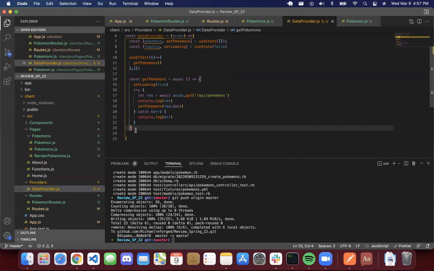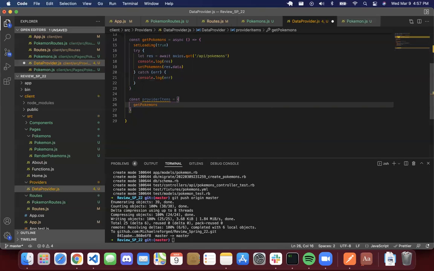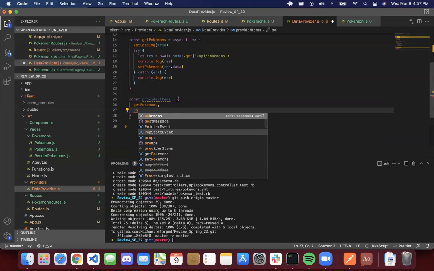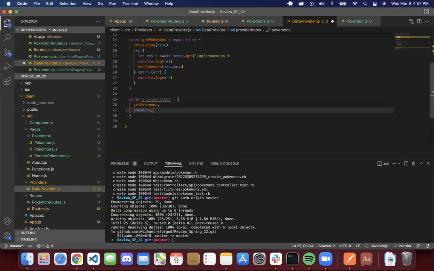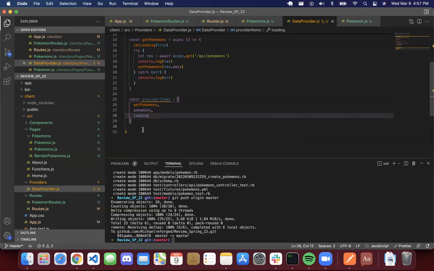Let's see, and then const providerItems is equal to getPokemons, comma Pokemons, comma, and then we're gonna pass it loading as well. Comma, and then do a return